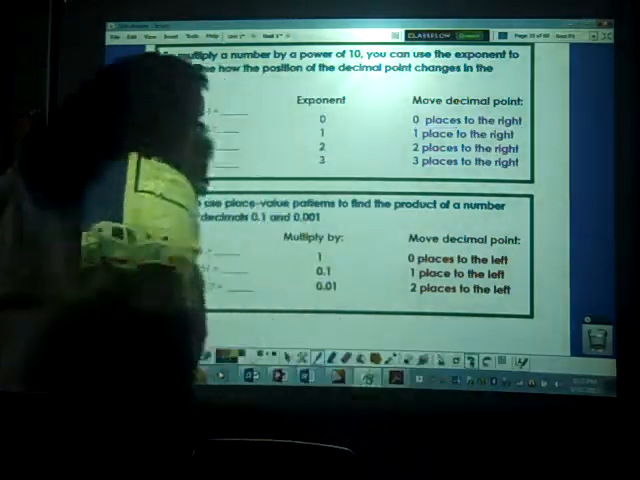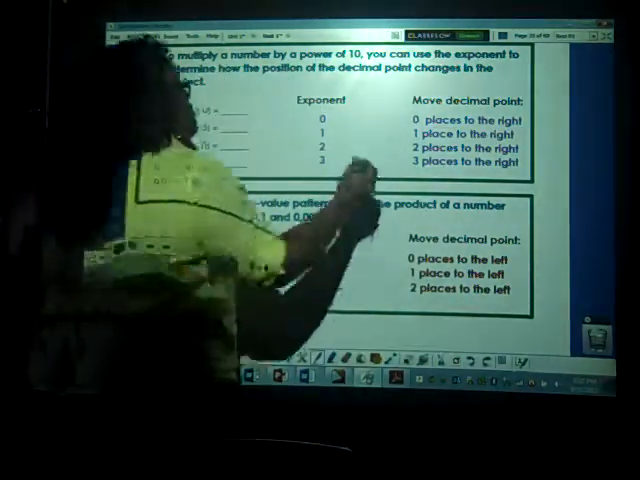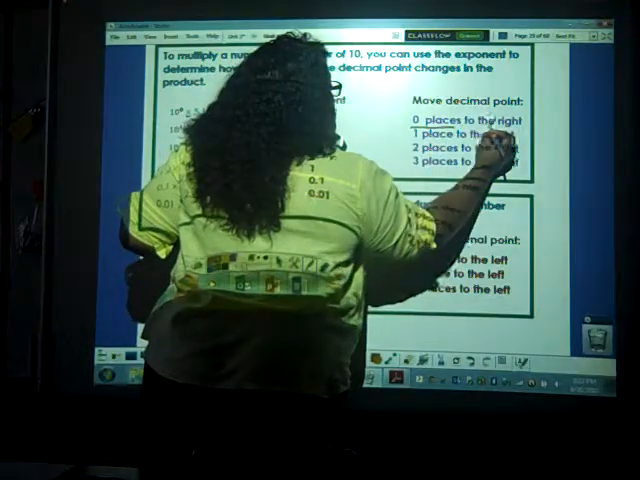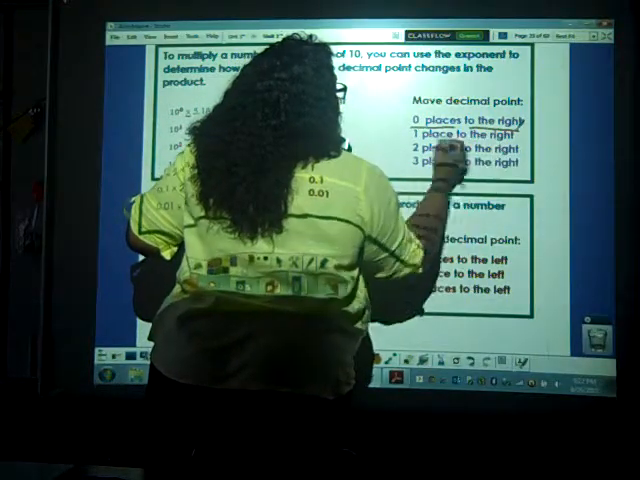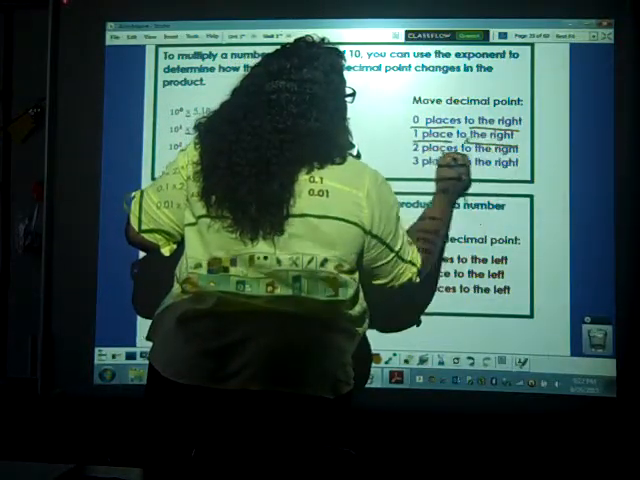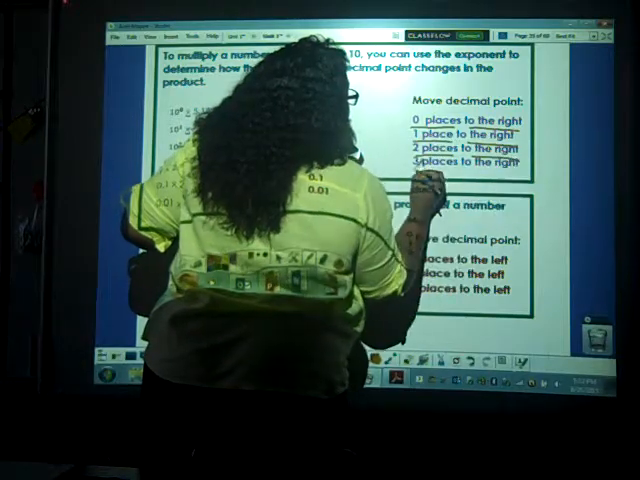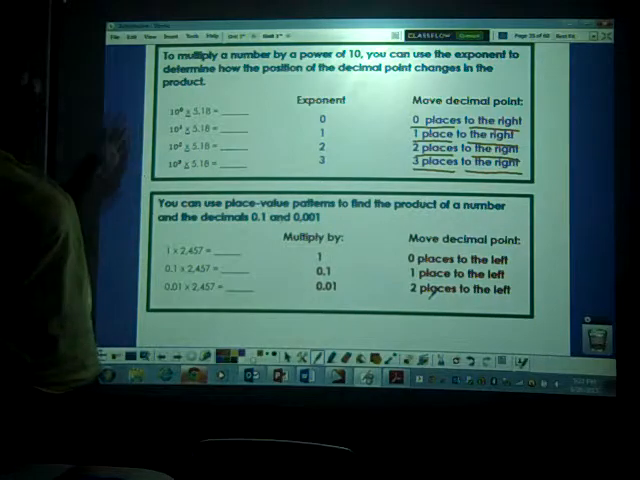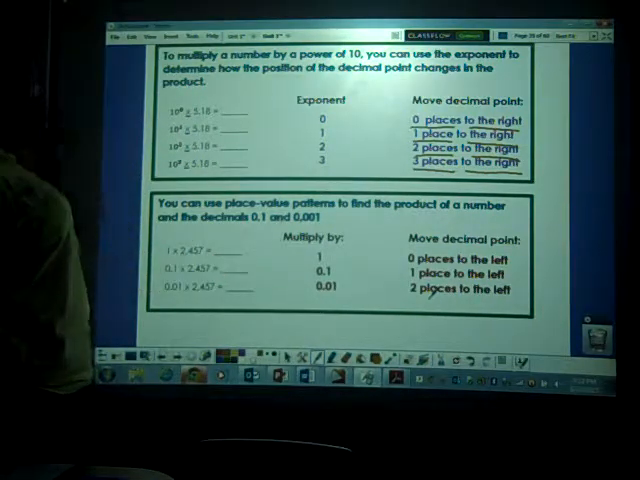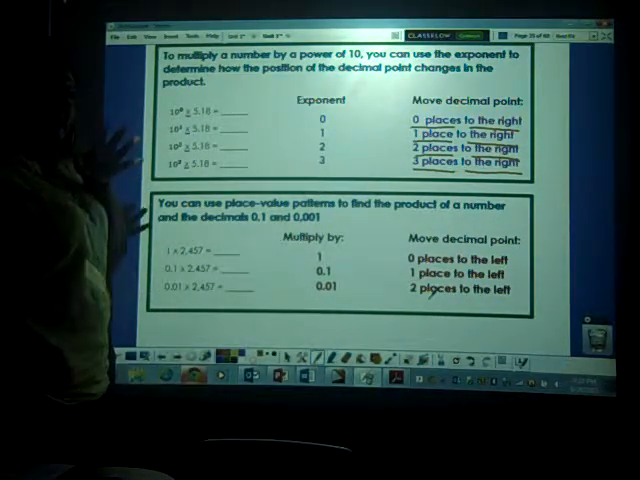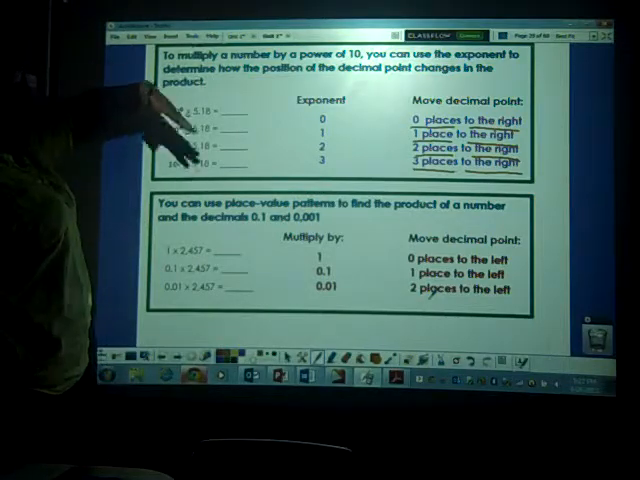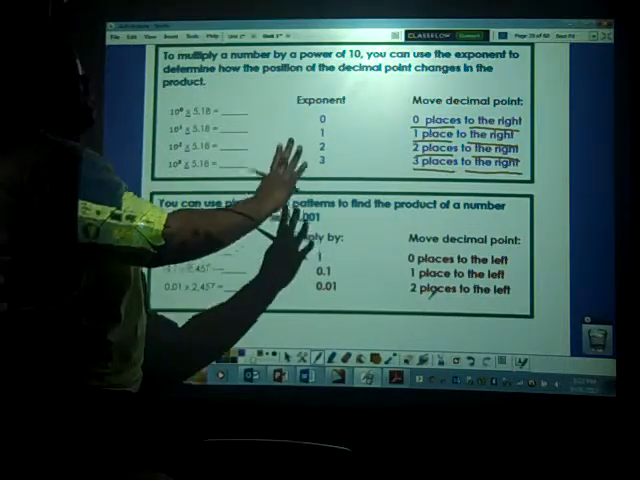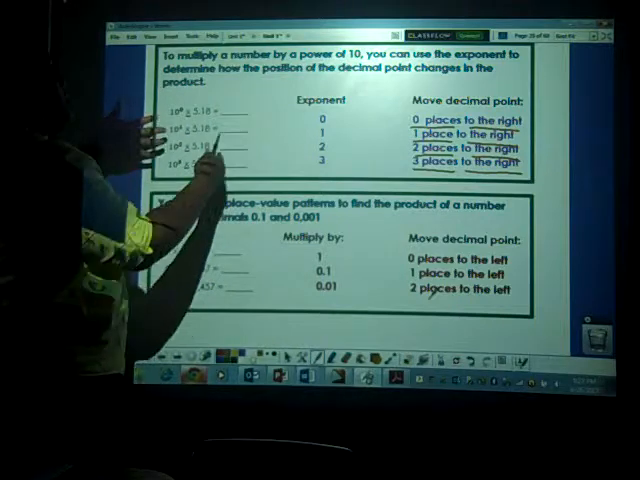I don't know why I did that in purple. I wasn't thinking. 0 places to the right. 1 place to the right. 2 places to the right. 3 places to the right. So if you would like to pause and copy down these 2 portions right now, that would be ideal. So once you have it copied down, you can write this as I am writing down the answers when we